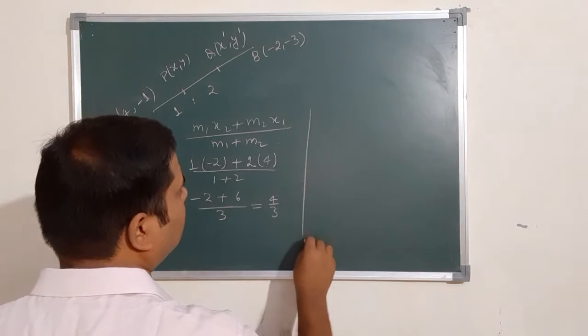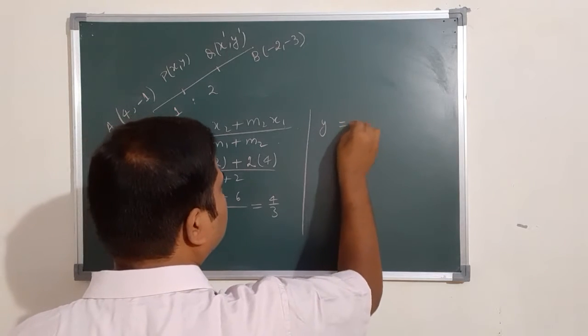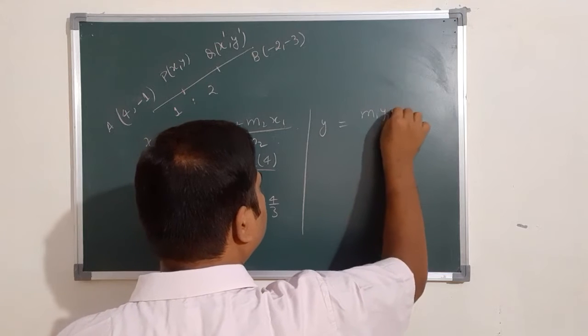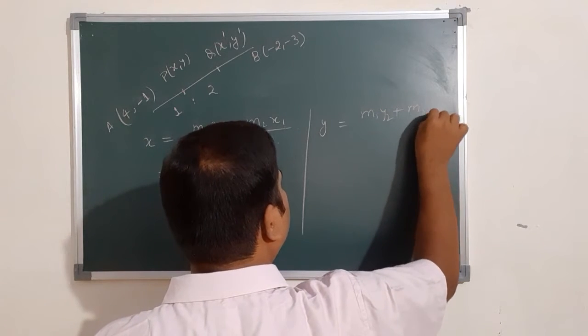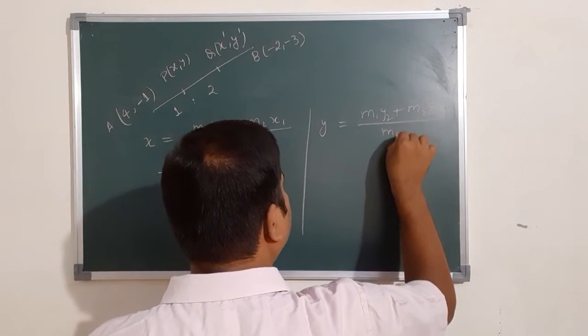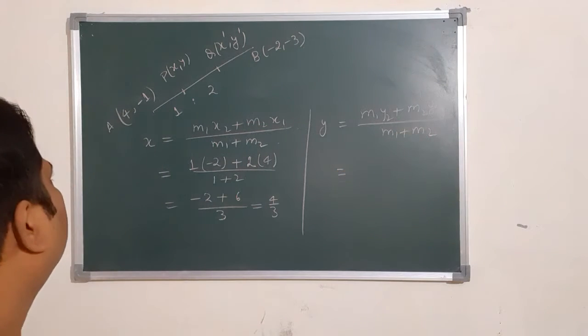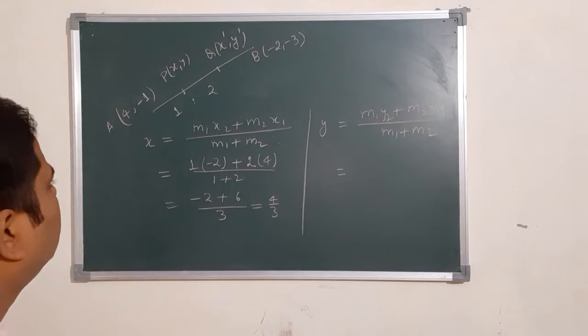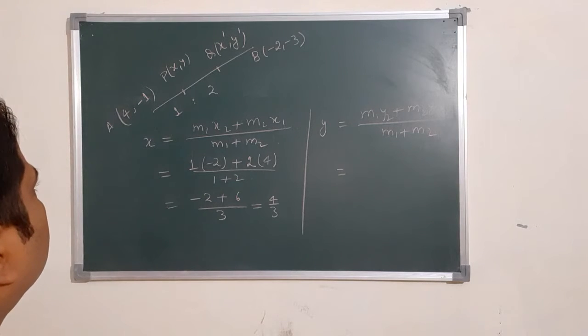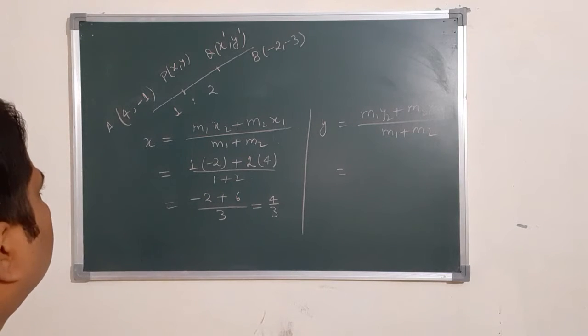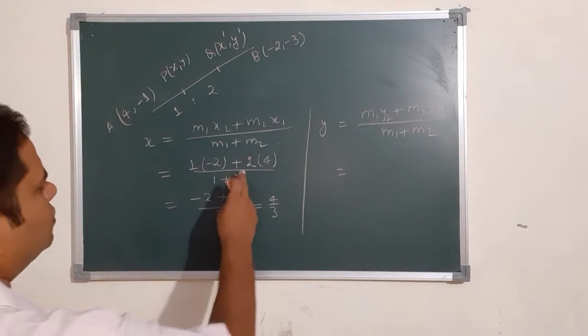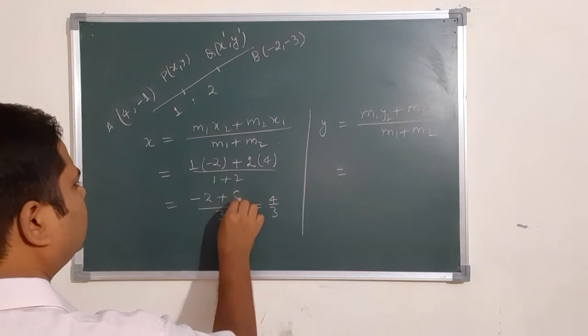Similarly, if we need to find y, then this is (m1 y2 plus m2 y1) divided by (m1 plus m2). So this is nothing but m1...